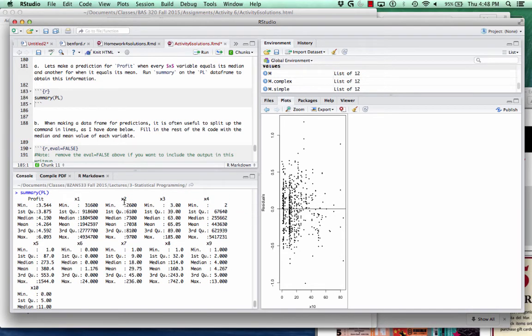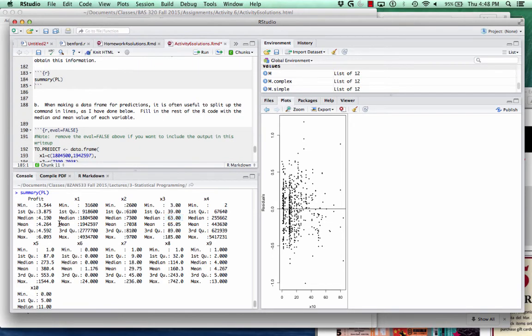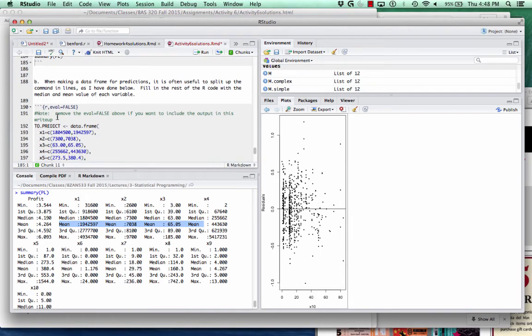So I want to make one prediction when an individual's x1 value is this number right here, their x2 value is 7,300, x3 is 6,300. Each value of x is equal to its overall median. And another when each value is equal to its overall mean here. All right, so the way that I do this, I'm going to remove this eval equals false so it actually